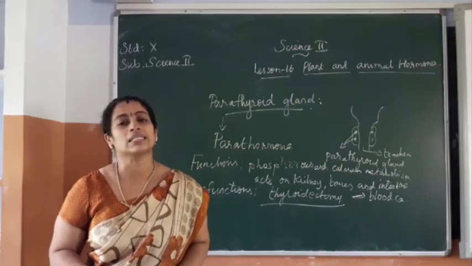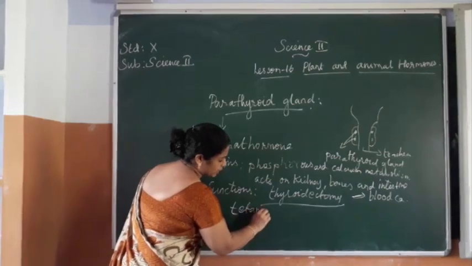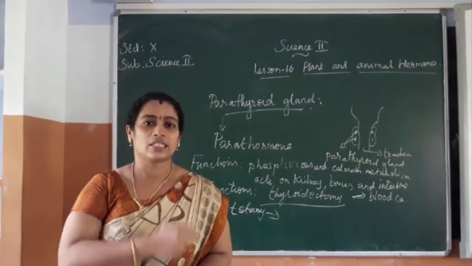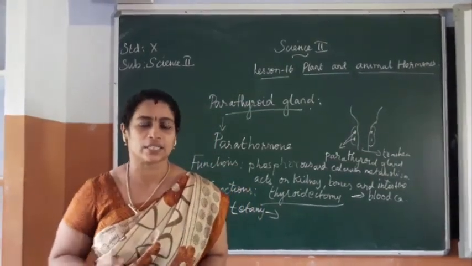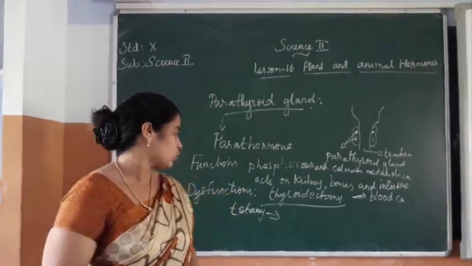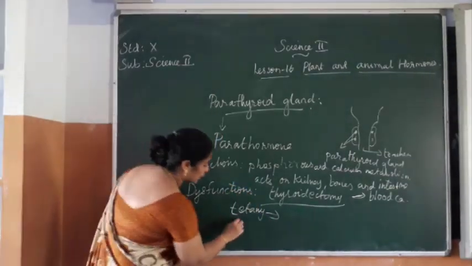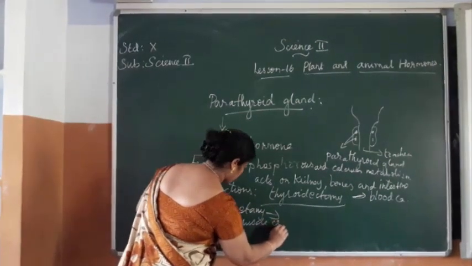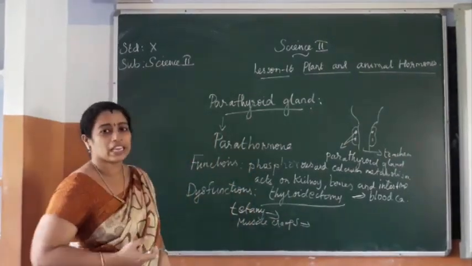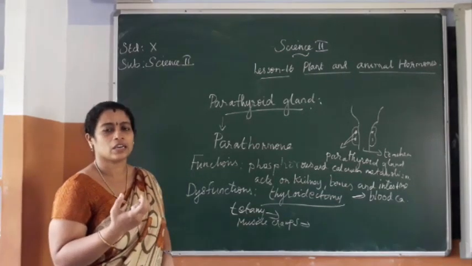First, it causes a disease called tetany. What is tetany? That is a contraction of muscles. The muscles in our hand, face, feet, etc. will contract. Contraction of the muscles of face, feet and legs happens. That condition is known as tetany. The second one, it causes muscle cramps. Muscle cramps means pain in the limb.